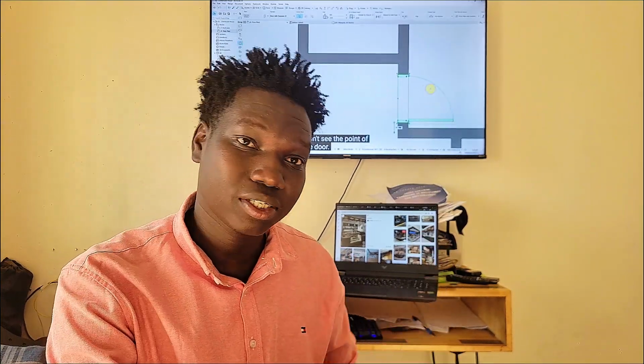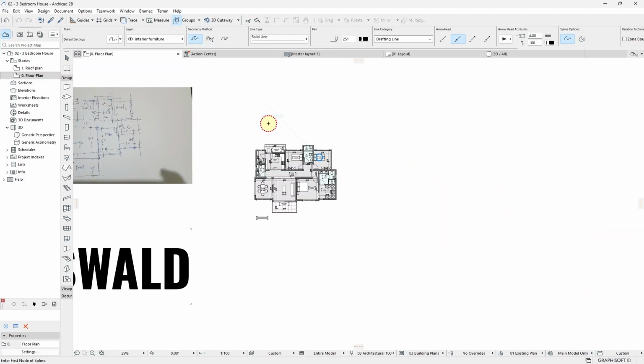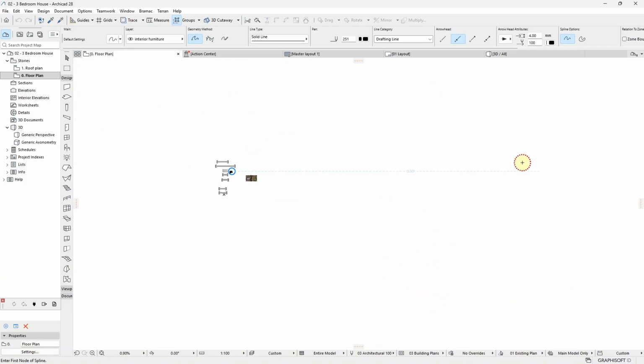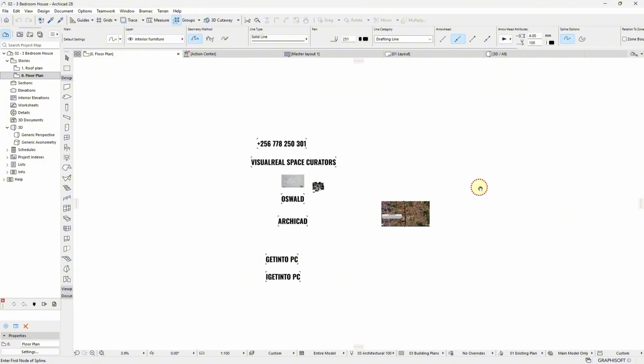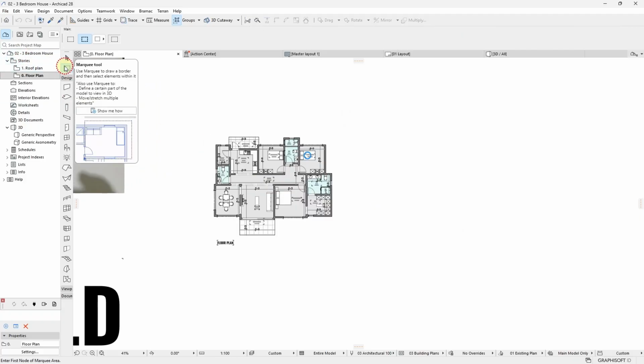Let's dive into this. Actually, this is what we did yesterday, and what I usually like to do is work my model on a different part of the layout, because like I told you, we have a big template here. All of this is a big template for us to work in, and we can do anything we want in this template. So what I would like to do is use the marquee tool, and like I told you, what the marquee tool actually does is